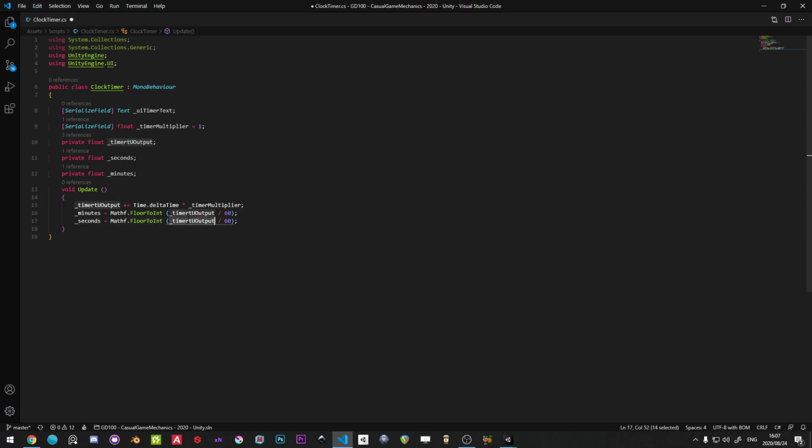And timer output is going to be the percent sign. What the percent sign does is it says 60 is basically 100% of this value. So when this value reaches 60, you can make this 120, whatever it is. I'm making it 60 for a clock. Means it's going to zero itself out, and it's going to update